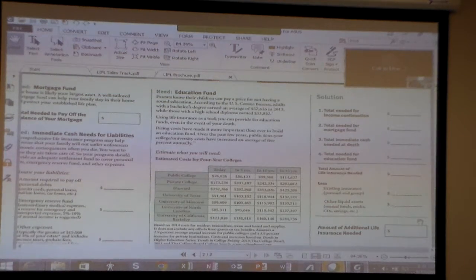And I do discuss other assets, if they have a savings account or CDs. But I also warn them that the last thing we want to do upon the passing of a spouse is to spend the retirement fund. Because they still will retire, they still do need that money in retirement. And so the last thing we want to do is start liquidating our savings that is in place for retirement in order to cover the needs that we've discussed over here.